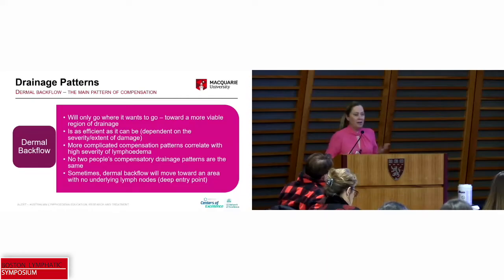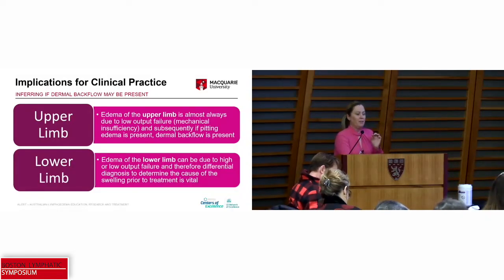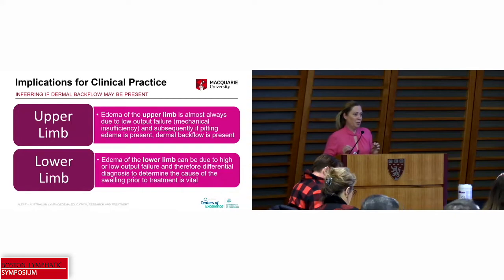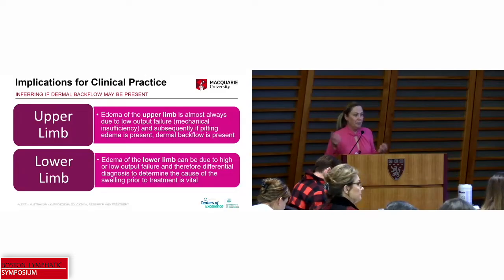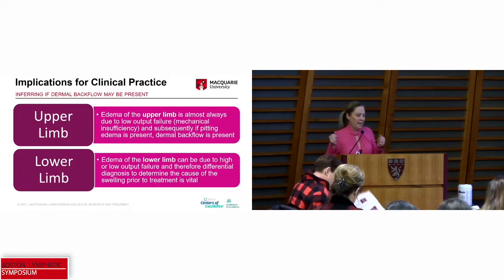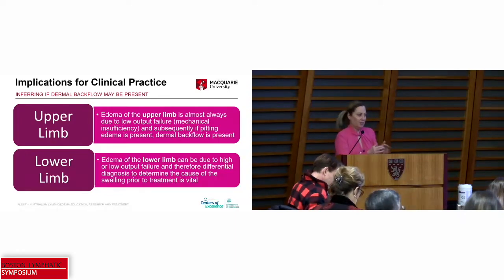And sometimes dermal backflow will move towards those areas with no underlying lymph nodes, to those deep entry points. So the first thing that we need to do in inferring if dermal backflow is present in a limb is ask ourselves, does the patient have a history that indicates lymphatic impairment? In the upper limb, are we going to see a patient history indicating lymphatic impairment if the patient presents to you with swelling? I'm talking about clinically evident swelling here, not patients that are at risk. We are, because